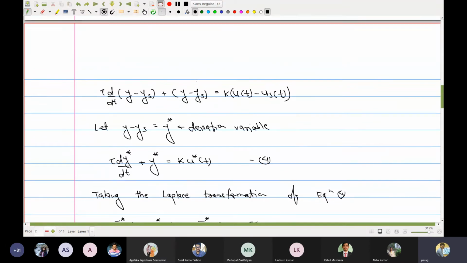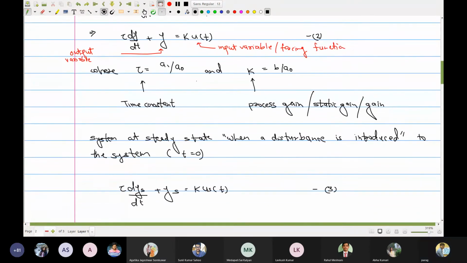The conceptual problem is that you wrote here the governing equation, which was tau times dy by dt plus y equals k times u of t. Okay, so right there, whether or not you induce any kind of disturbance to your system, you already have the concept of time constant in your system, right? But when you define time constant for your system, you say that it is the time required to cover 63.2% of the forcing function, which is a step forcing function.